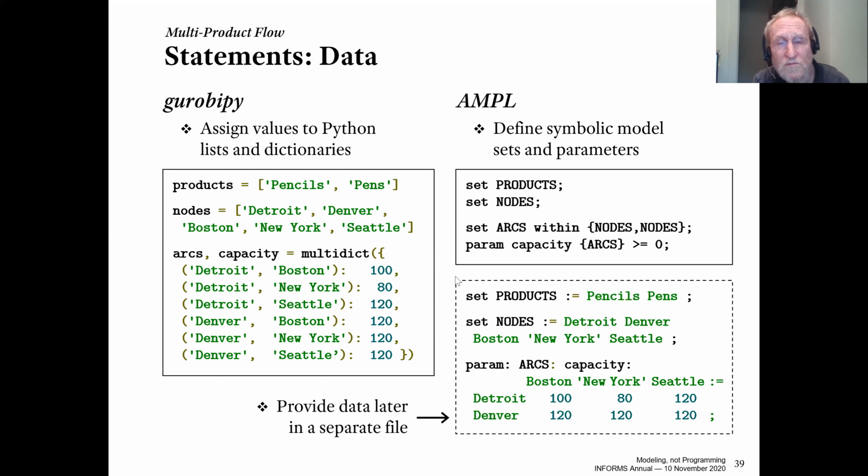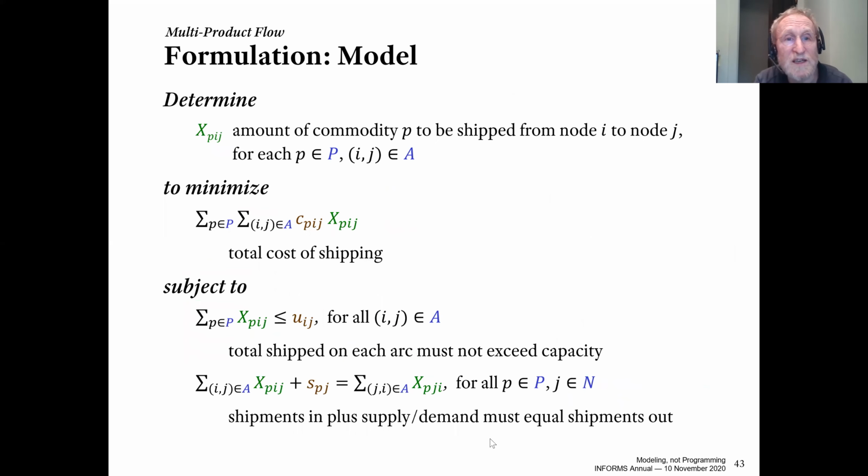Okay. Whereas in AMPL, there's actually an AMPL statement that tells you that there's a capacity for each arc. And then the actual arcs are somewhere in one of your data files. This is a text file, but there are other possibilities. So this makes it possible to validate the data much more strongly because you've stated exactly what it ought to be. And so then let's go on here and look at the model,